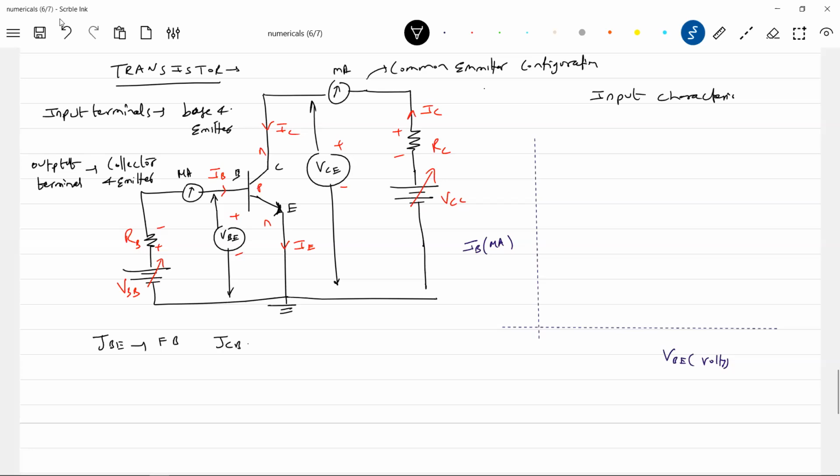This should be forward bias. Collector base junction should be reverse biased. Sir, how come? Okay, sir, base emitter forward bias will agree because positive terminal is connected to P type and negative terminal connected to N type. So, okay, this is the forward bias. There's no problem with this cell.